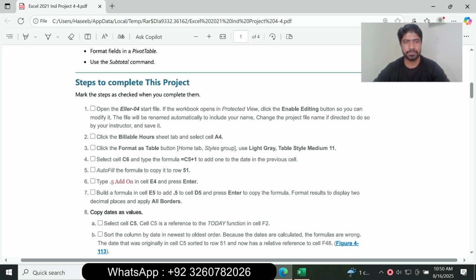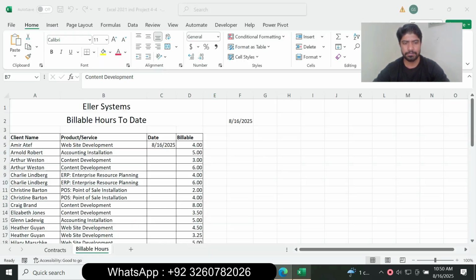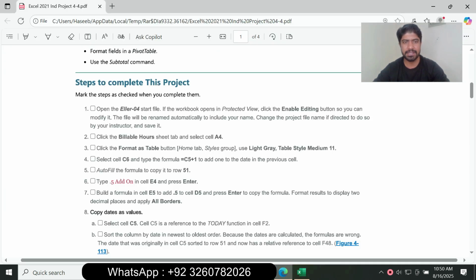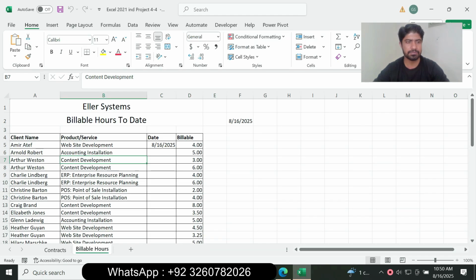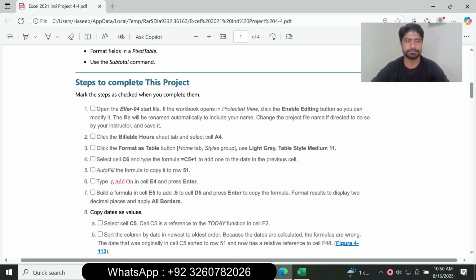Next, click the Bill Labels Hover sheet tab and select cell A4. So select the Bill Labels Hover worksheet and select cell A4. Select A4, and next is